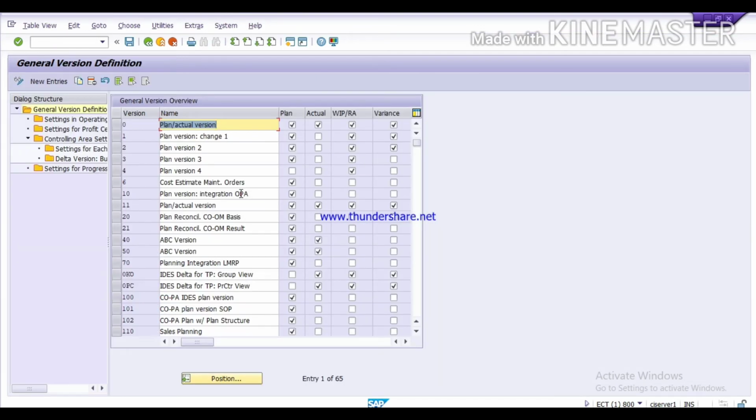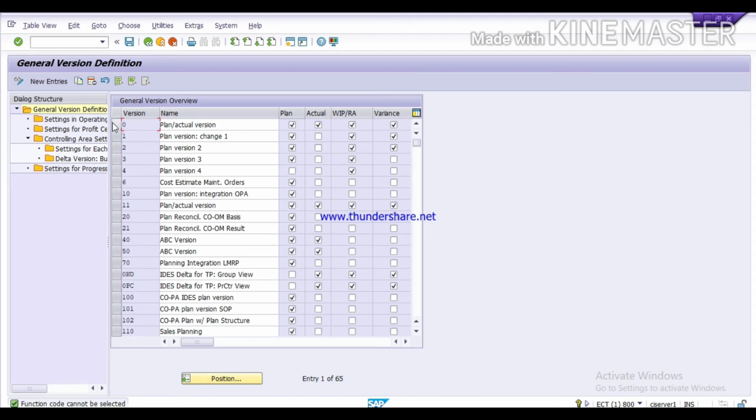Now, here you can see this zero version. This zero version is a standard version, or you can say a planning version, which is given by SAP. It is used to plan and to compare with the actual figures.